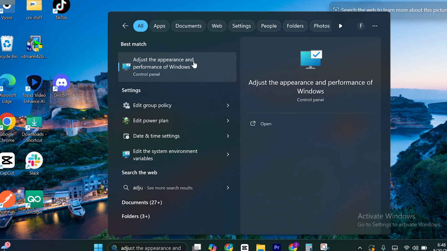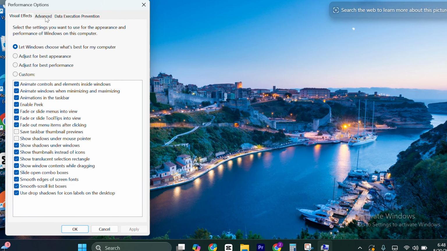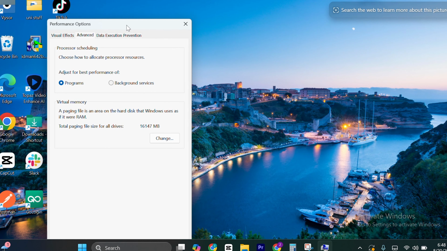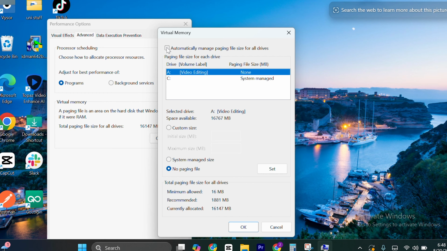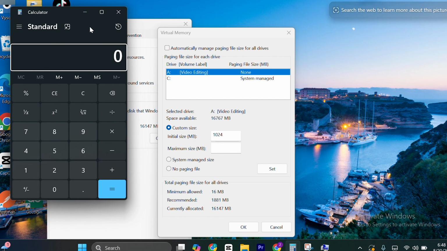and performance of Windows. Click on this, then click on advanced, then click on change, and here click on this automatically managing, uncheck it, and then click on customize size. Set initial size 1024 and maximum size will be, as my RAM is 8 GB, so